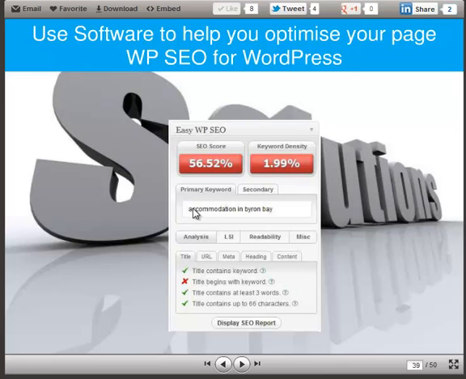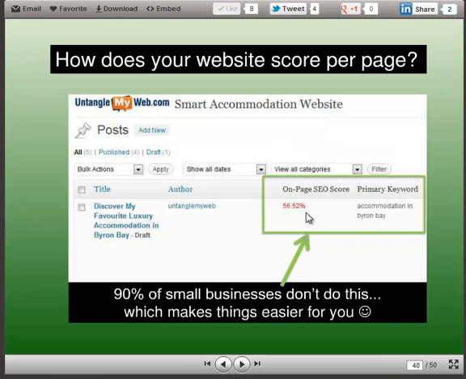So you can put in your primary and your secondary keyword and then see for each of these sections what you need to adjust and alter to better optimize your page and get an overall score. So this can save a lot of time and give you great insight into how your website can be improved. The other benefit with this tool is that it allows you to see all of your pages in one screen and how well each of your pages are optimized at a glance. And most businesses have no idea about this, so immediately you'll be ahead of the pack with that keyword focus